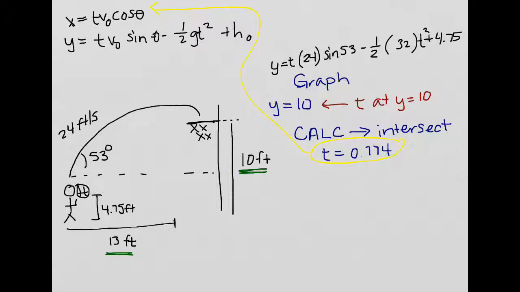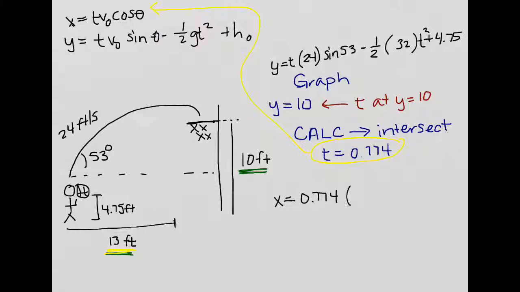And I want to know if it will clear this 13 feet. I want to know, is this t going to give me enough horizontal distance to clear 13 feet? Okay, so to do that, I'm going to put in x equals